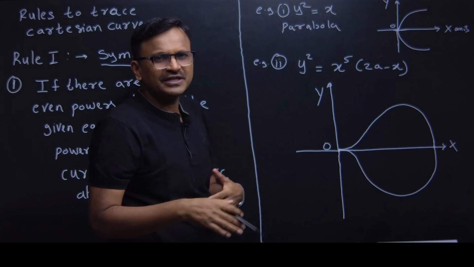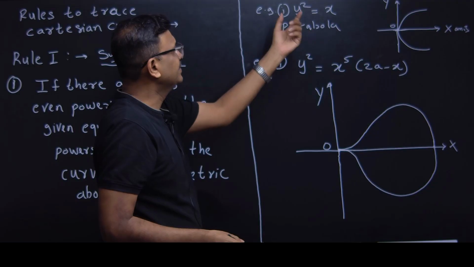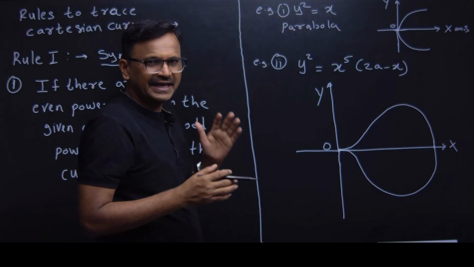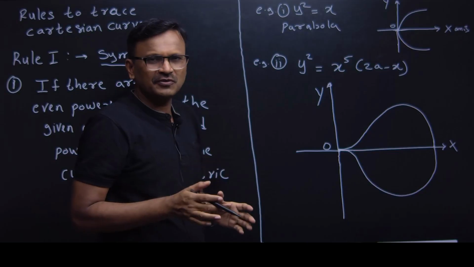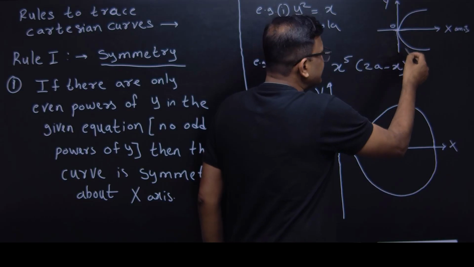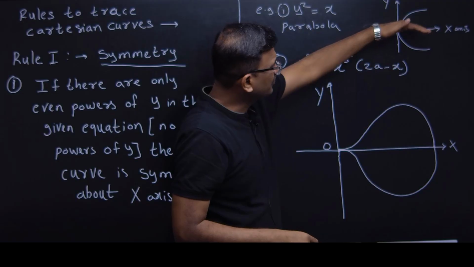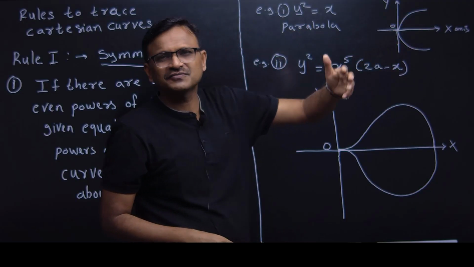How to draw that we'll see later on. The important part is just to check what the symmetry is. Here the curve is symmetric about the x-axis because there are only even powers of y. That means whatever is the nature of the curve above the x-axis, the same is the nature of the curve below the x-axis. Or you can say that the curve below the x-axis is the mirror image of the curve above